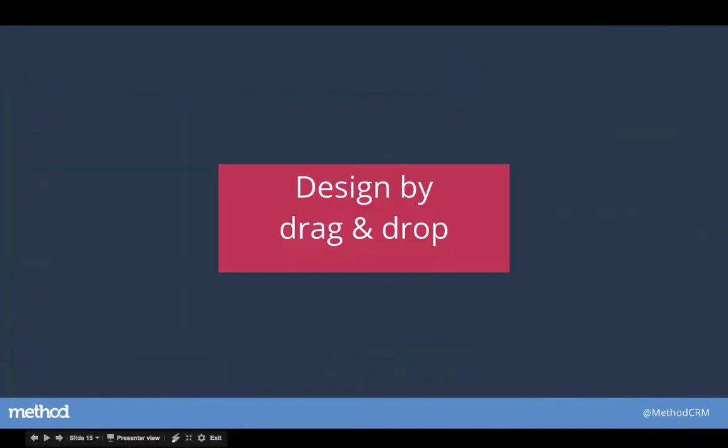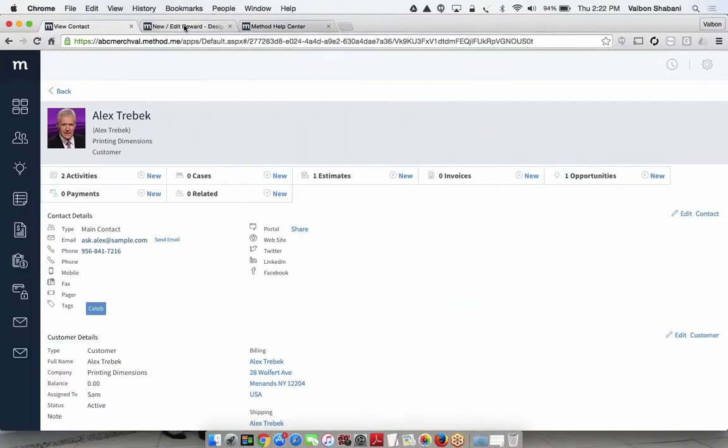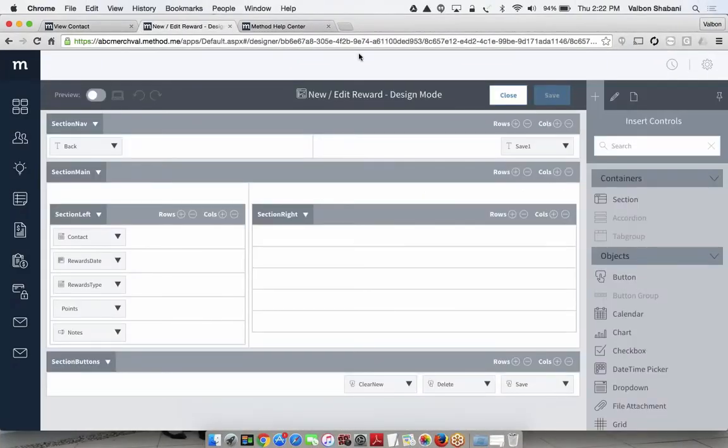So with that being said, we are going to start the process to go ahead and add that field to the screens that we feel it's appropriate to do. And we're going to do this by our drag and drop designer. So this is really neat because what we're doing here, and we're just going to open up a new tab, is we have this wonderful, simple, easy to use designer that allows you to essentially take a screen and get